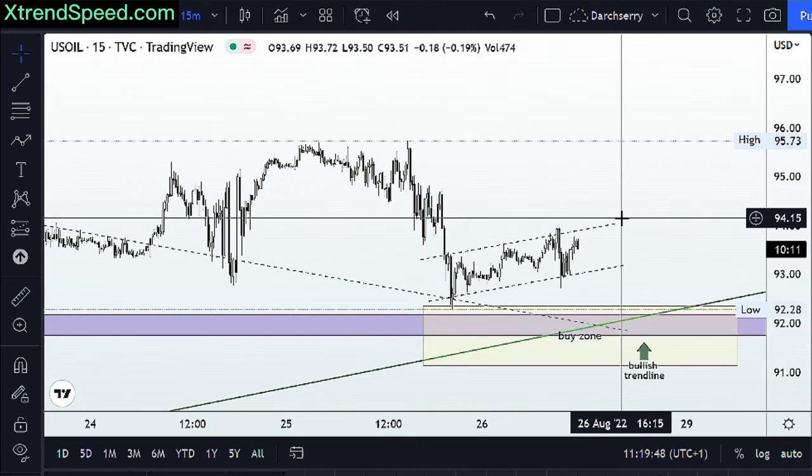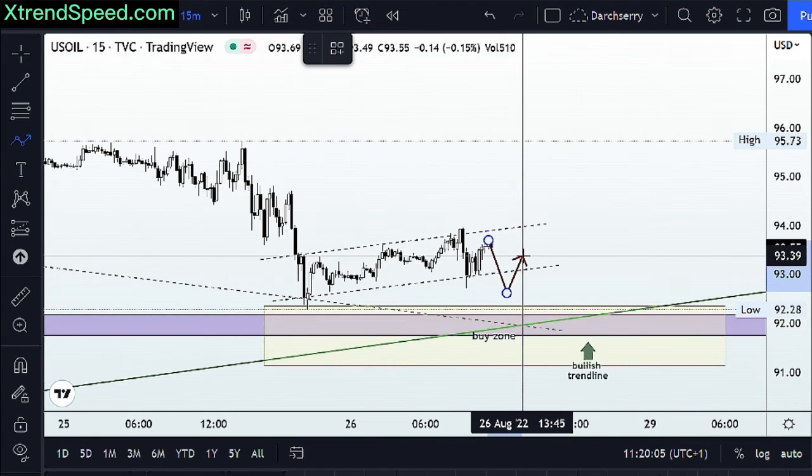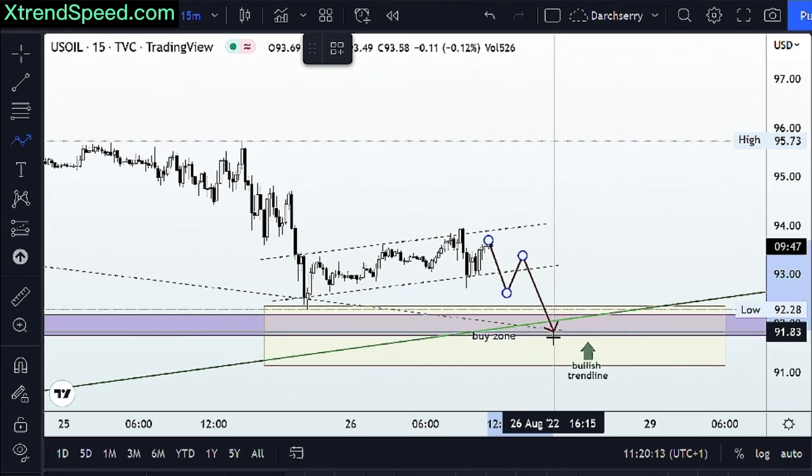But one thing I want to say here is that we all understand that we've been on a bullish momentum since the beginning of the week. So we want to be looking for buying opportunities here, not selling opportunities. So even if we have a breakdown of this channel here, I'm still thinking that price is likely breaking the channel to probably do a retest of that bullish trend line, which we identified on the 1 hour time frame, or probably move as far as into the buy zone here,